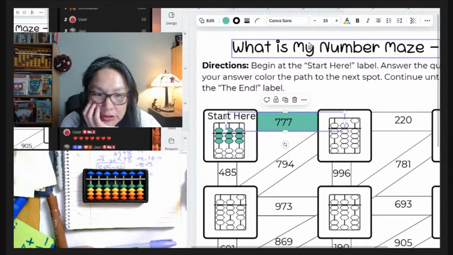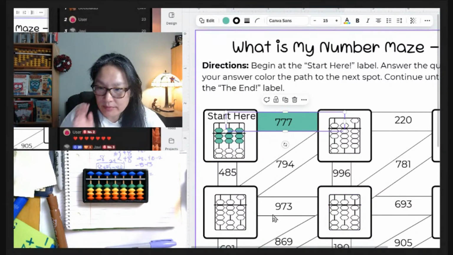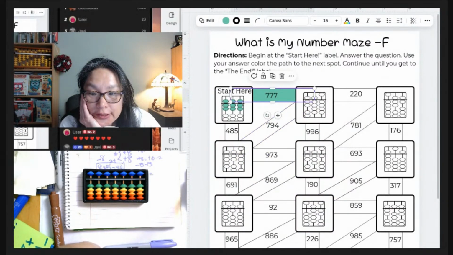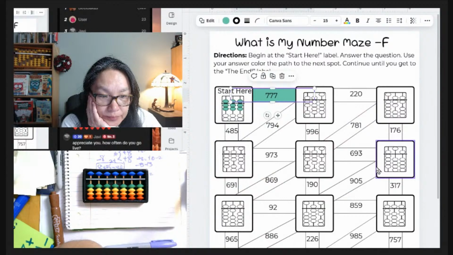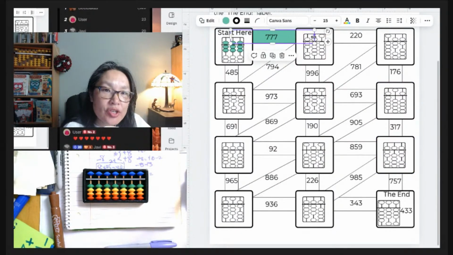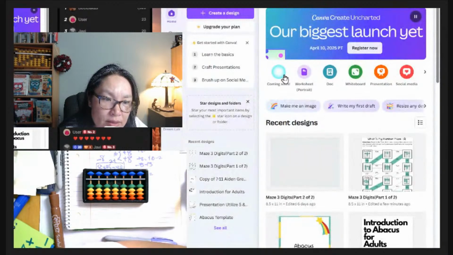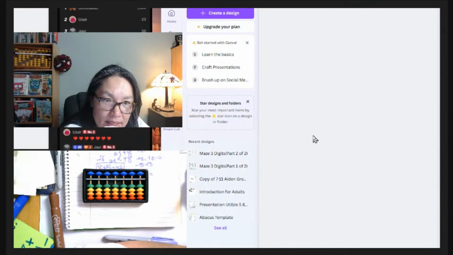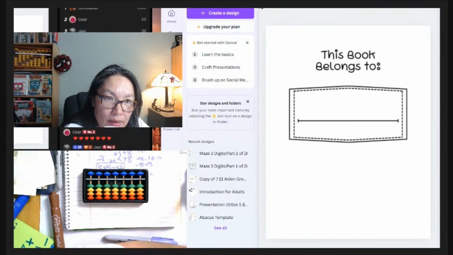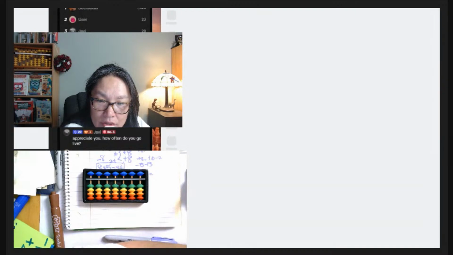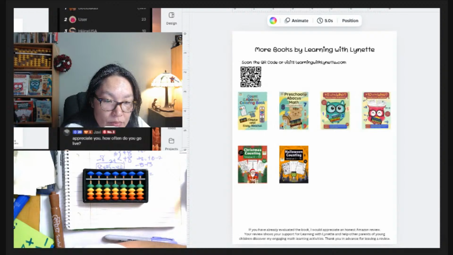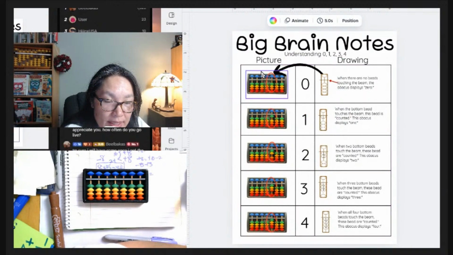So this is what I've got so far. Now I'm doing the 3-digit mazes, which is kind of cool. I like it. Right now I'm doing answers, and then I'm going to publish out my 2-digit one. My 2-digit one is this one. What I did is I added, do your markers have smells? Yes, they do. So what I did is I have my big brain notes, and here I start to